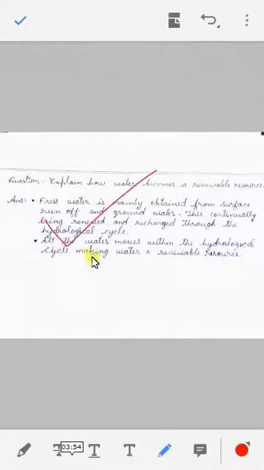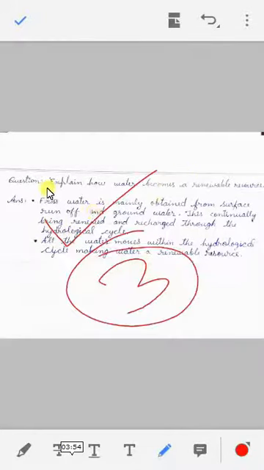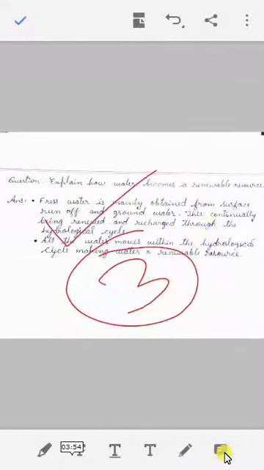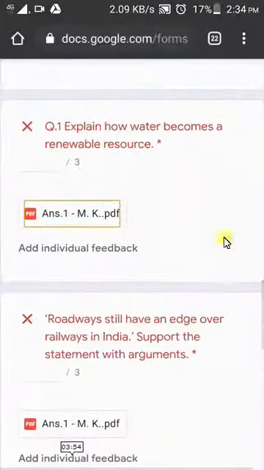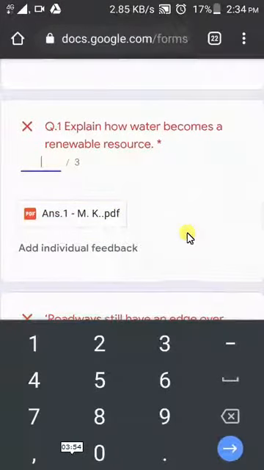The color we can change as per our ease. And here see, the correction can be done, we can underline whichever we want, and marks can be written. Afterward we click here or here, either one, and it will be saved automatically. Document saved. We just have to press the back button.